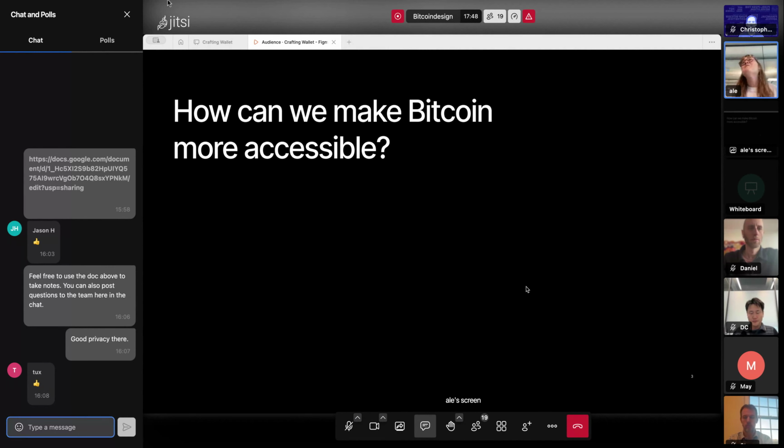We looked at so many crypto wallets, Bitcoin wallets, finance and non-finance interfaces, and we debated, we brainstormed, we did many design thinking exercises, and we came to what were for us the main challenges that a newcomer has when they want to enter the Bitcoin world and, for example, use a wallet interface.